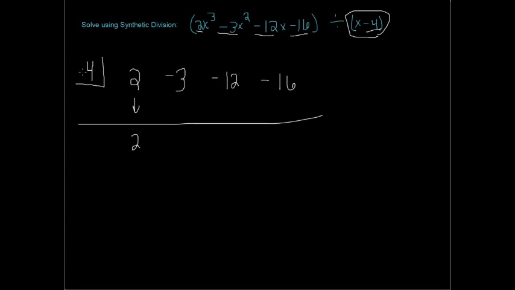Okay, and what we're going to do is we're going to multiply them. So we're going to take this number, whatever it is, in this case 4, times this number, 2, which is, of course, going to give us 8. I'm really bad with 8s. Okay, then we put that 8 up here. Okay, now,